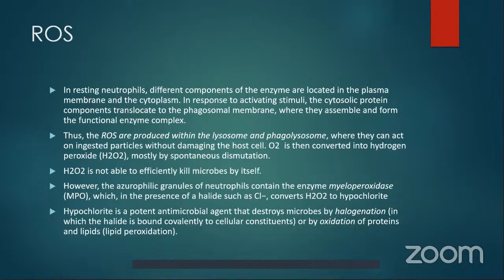Even though the enzyme is present, it's not in its activated form. So, oxygen is then converted to hydrogen peroxide, mostly by spontaneous dismutation. And hydrogen peroxide, that is H2O2, is not able to efficiently kill the microbe by itself. So what will happen is, the azurophilic granules which are present within the neutrophils contain an enzyme called